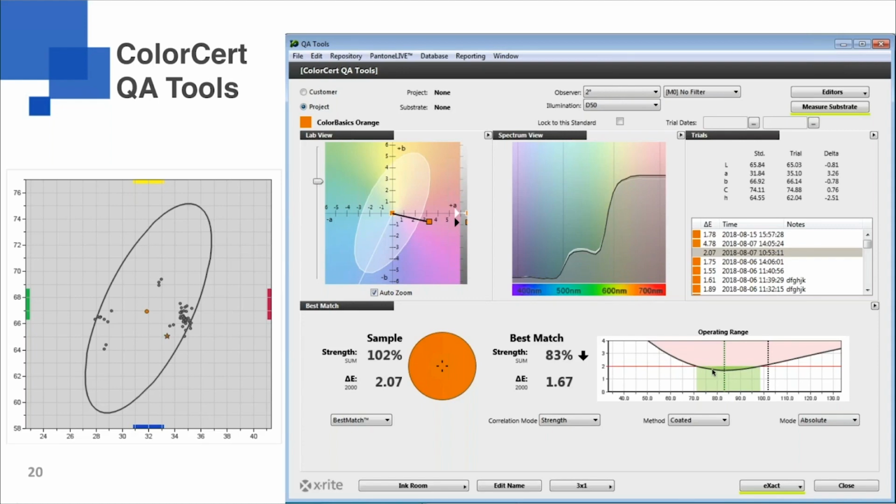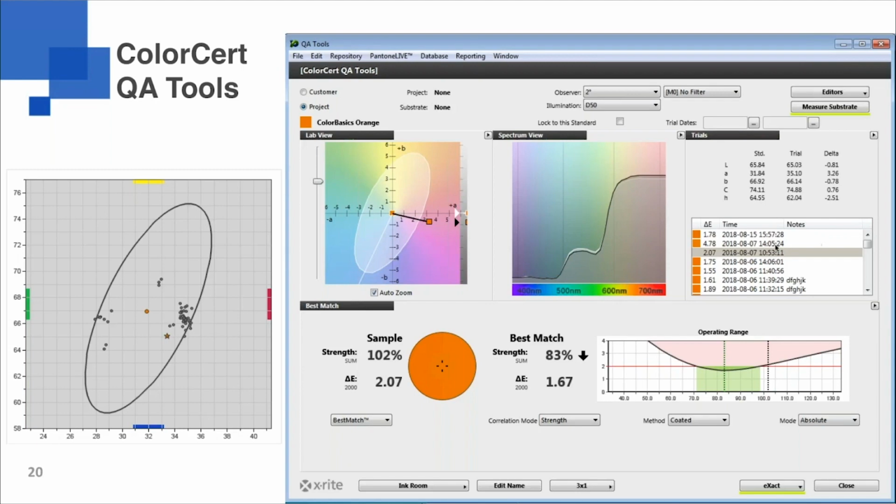Now, as we go off to the right here, following the black line, we'll see a black dotted line, which represents our current measurement at 2.07 delta E, and the ink strength is quite a bit higher there. So it's saying if we bring down our ink strength, so we add a little extender, or we lower our density, we should be able to bring that down to 1.67. So this is very useful for the operator to know if they can make a change on press, ink strength or density, to get that match,